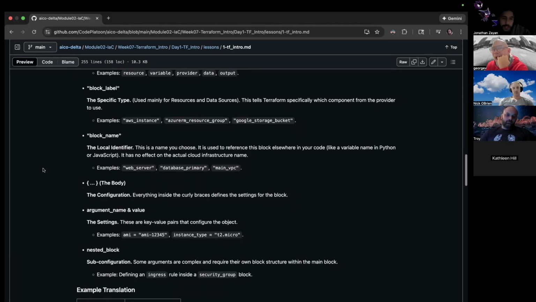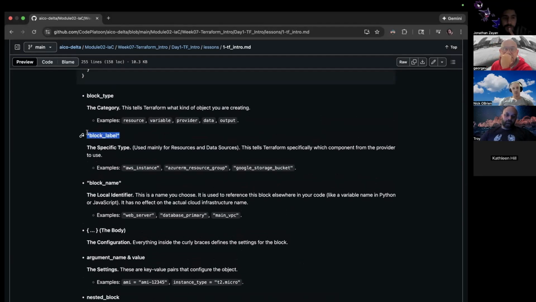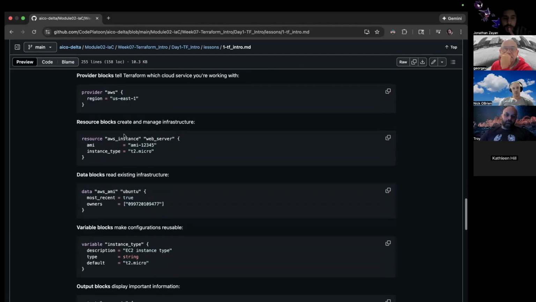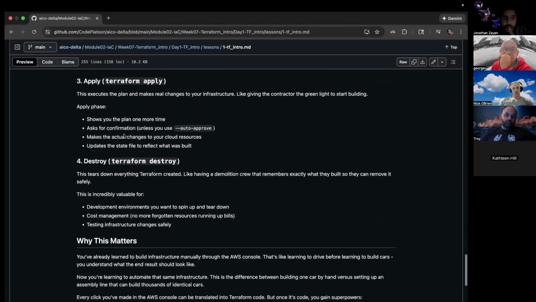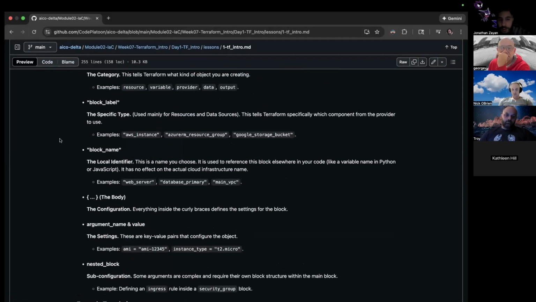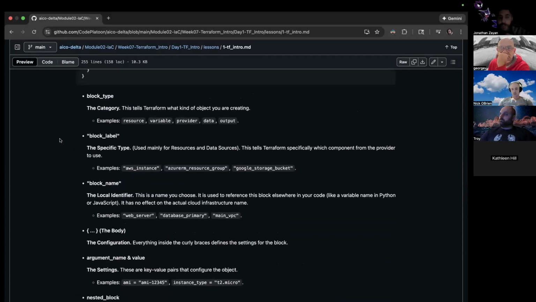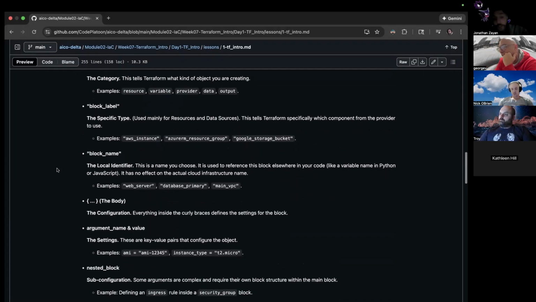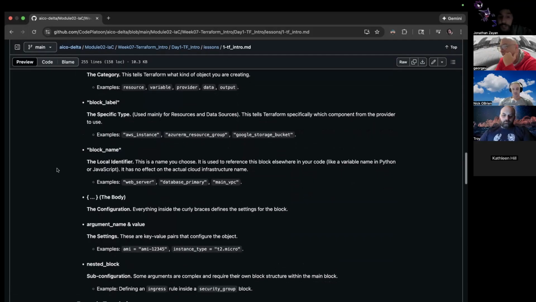Exactly. And so then the block labels, is there a list published for each category on their websites, say like Azure Blob for storage? So that's a good question. In one of these lessons today, there is a link, and it's going to have a list of all of the options that you can use. So yes, there is. Okay, awesome, thanks. Offhand, I don't know where the link is, but we are going to get to it today. So good question.